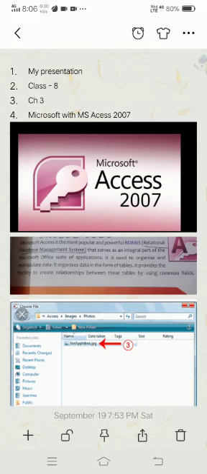In today's video we are going to take a very quick recap of chapter 3 of computer, that is Microsoft Office 2007. It's a brief overview of the chapter. So first let's understand something about this, and then we will start with the points.